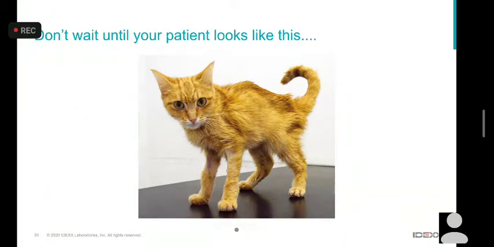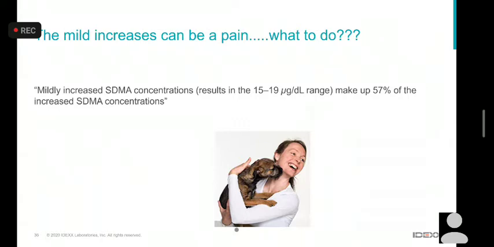And if you do that, you will experience a number of cases where you have a mild increase in SDMA. So let's say you run a panel, you have an SDMA of 16. Now what? Should I ignore it? Think, it's probably more normal. Should I go, oh my God, your cat is going to die from CKD? I'm sure you won't do that. Or do I need to retest? Is the test too sensitive? Is it going to cost me too much trouble? What do I do about it? Now,